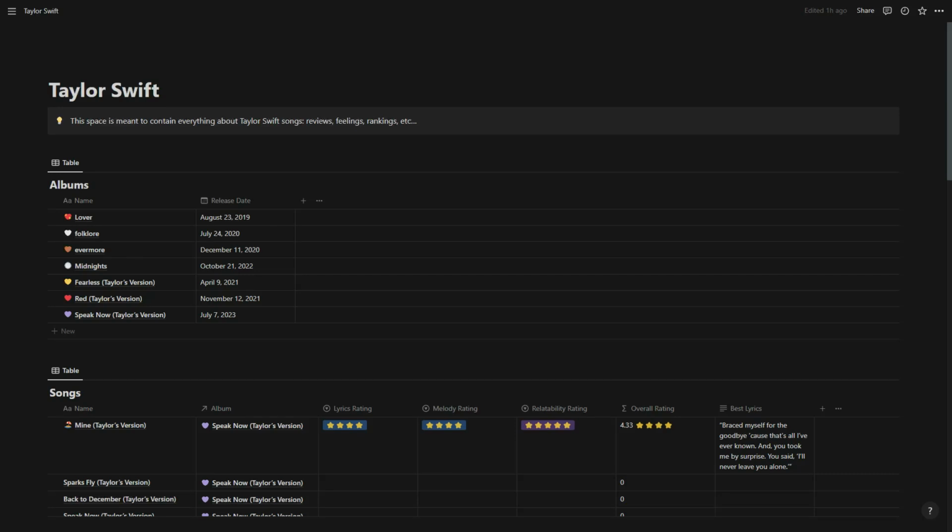Hello, guys. Welcome to my Taylor Swift Notion page, which is essentially a Notion page that lists down all of her albums, as you see here, as well as all the songs belonging to those albums. So this does not include yet any of the other songs that have not been released as part of any album, but the main purpose is for us to have a database where we can see each of the songs in these albums